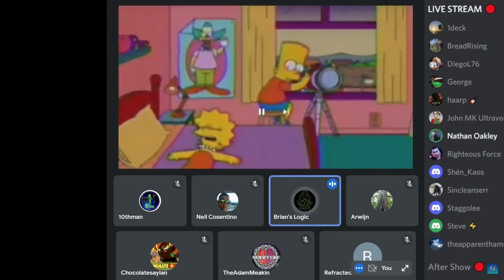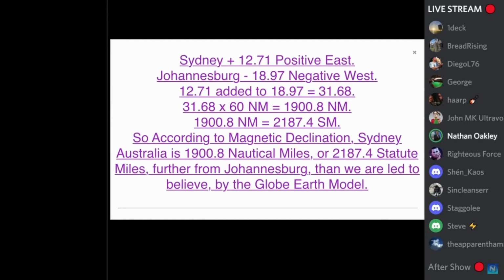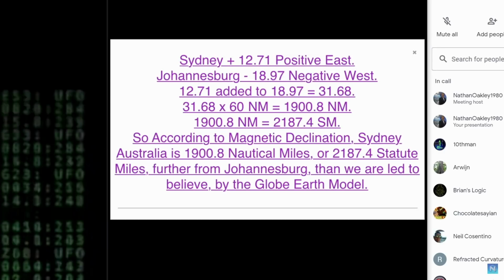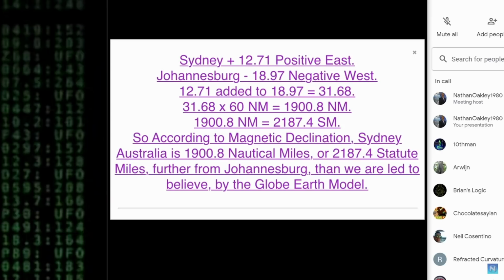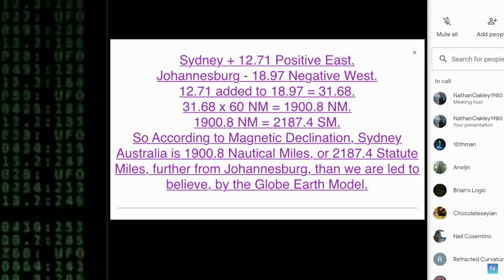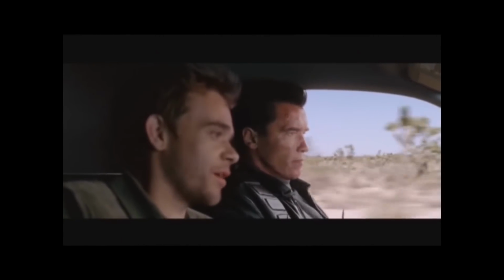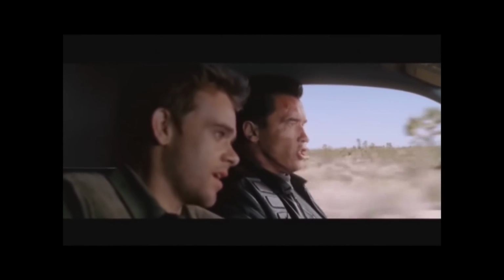Yeah, I'm ready to go. I'll make it quick. Yeah, this is about magnetic declination, as it's been currently in my chat, in my comment section, by a lot of the globe side. It's been denied. They're saying it doesn't change the distances between two locations. So how can you change the actual direction of a location, but not change its distance between that and another location? You've got to be shitting me. No, I am not shitting you.